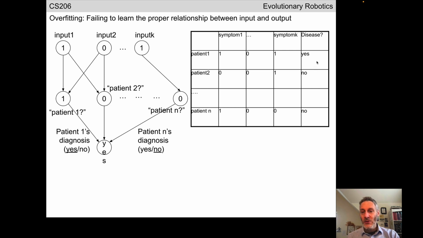These patients then also test positive or negative for a given disease. COVID would obviously be the obvious example to use for this today. It might turn out that there's a particular pattern of symptoms that predicts whether or not the patient has the disease or not. What we would like to be able to do is teach a neural network to learn this pattern so that when the n+1th patient enters the emergency ward and we give them their series of tests and they test positive and negative for a number of symptoms,